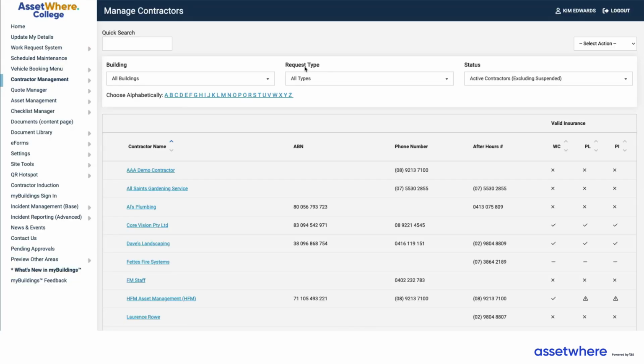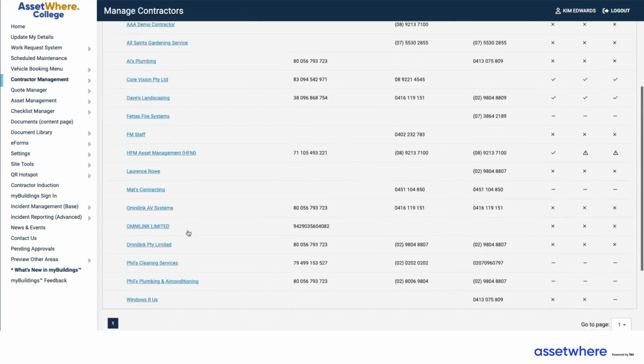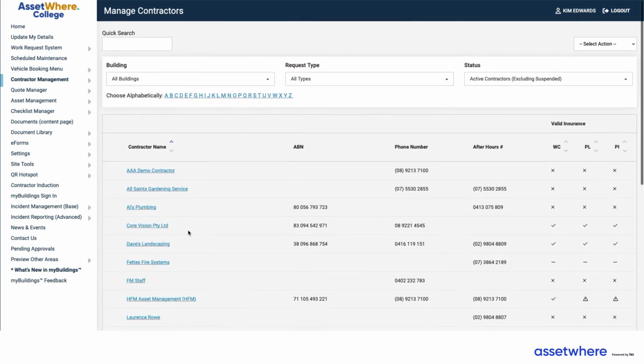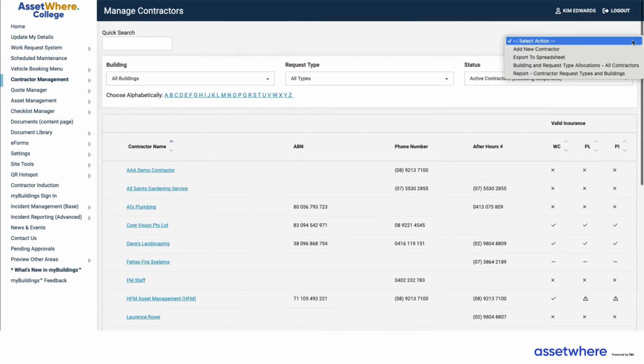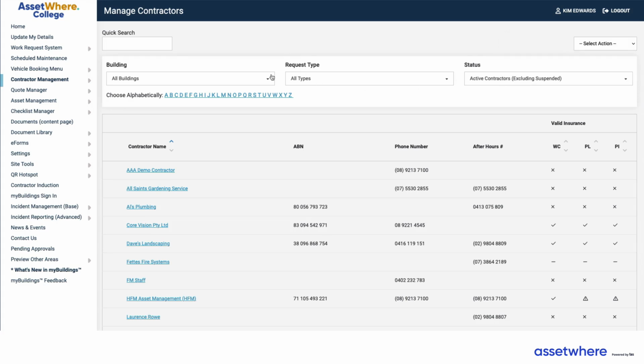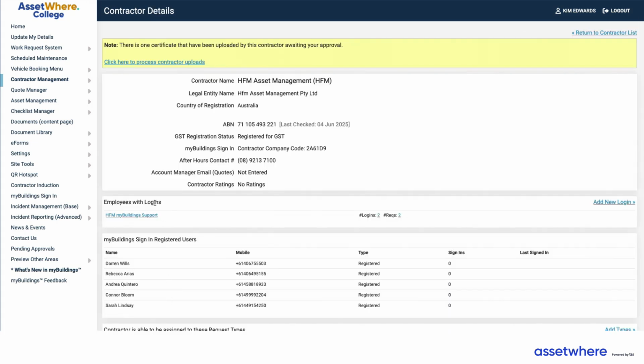So if I click on the list, I can see all of the contractors that have access to the buildings. And I can filter this and export this list if I need to. So when I scroll down now, I can select the HFM contractor. So when I click on that, I can see that one certificate has been uploaded and is waiting for the